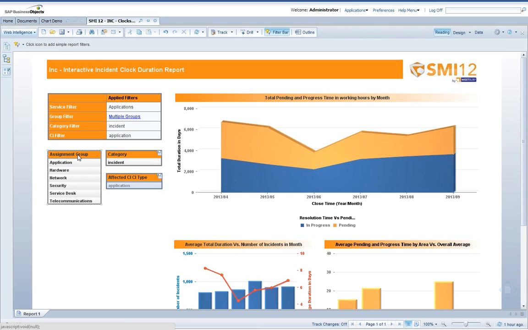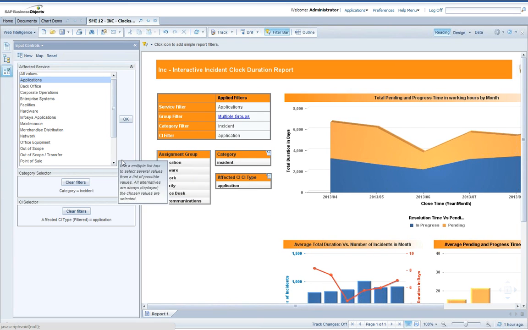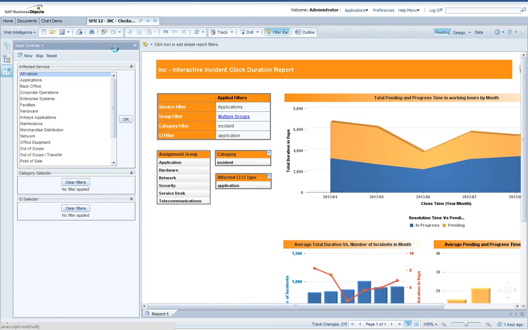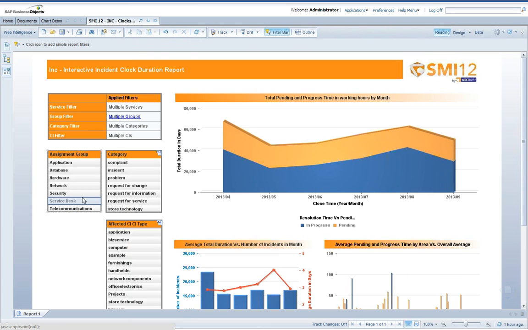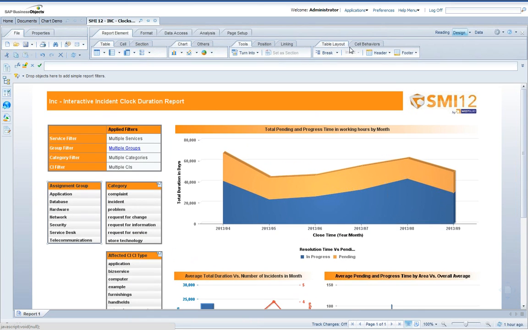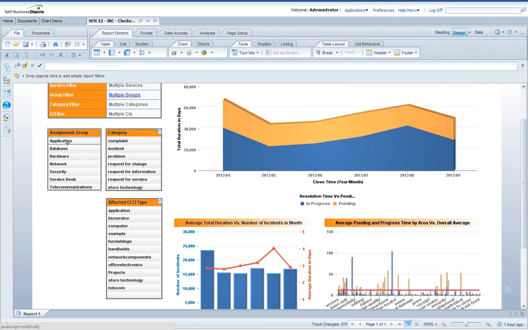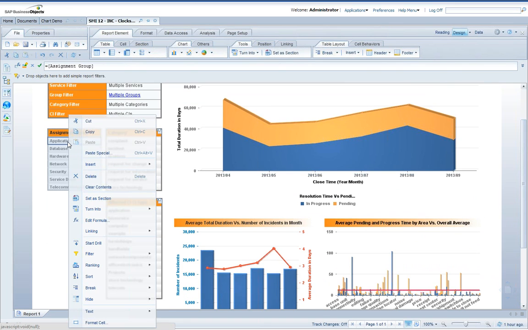So to enable element linking, I need to first right-click. Let's see. Let me turn off all the filtering. So I'm going to reset everything. There we go. Oh, I'm still in the reading pane. Of course, we have to switch over to Designer. So that's the first thing I have to do, is switch from reading to design, because of course in the reader you cannot make changes to the report's design. Now I can. So when I right click now, I can choose linking,